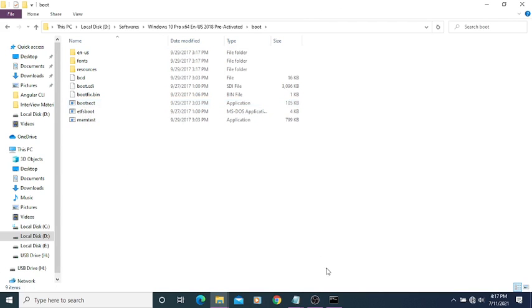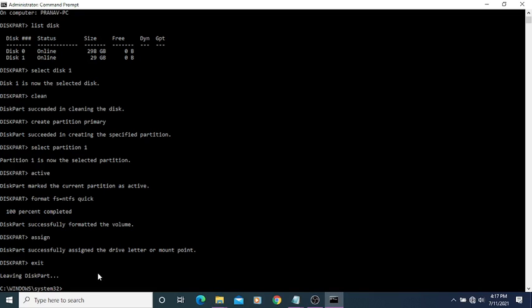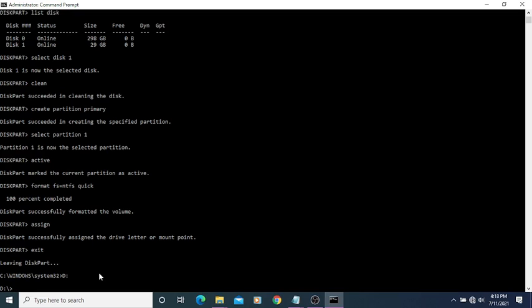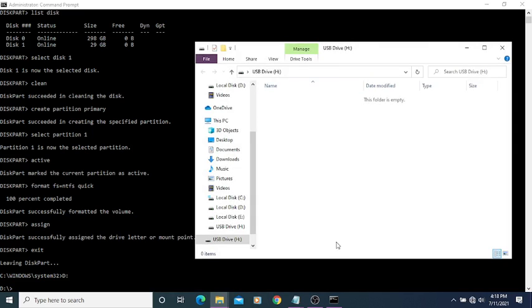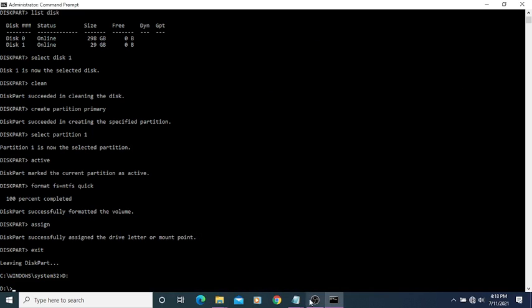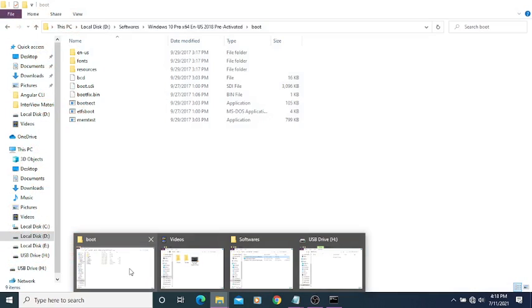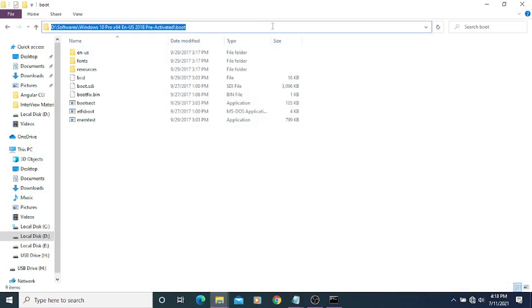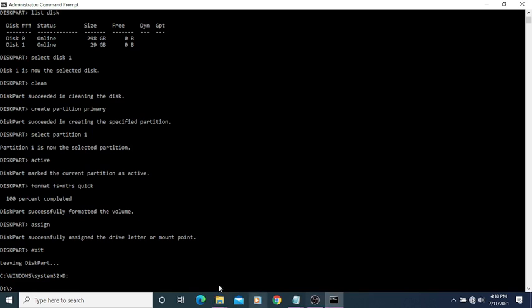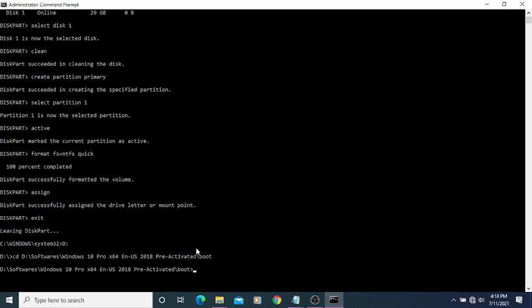It's inside the D drive, so we will type D colon, and it will go inside the D drive. Then we will copy this boot path, just click and Control C, and here you type CD and paste the same path. So it will go inside the boot path.